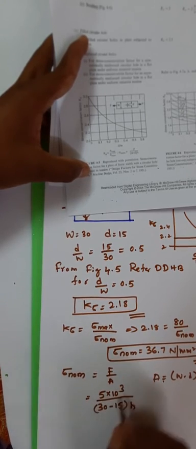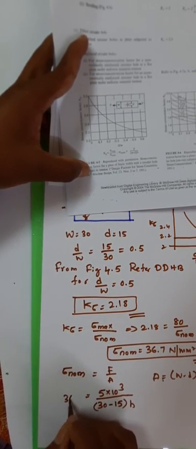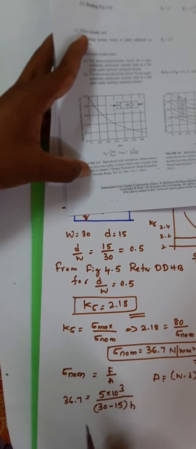Sigma nominal is 36.7. If you simplify this, H is equal to